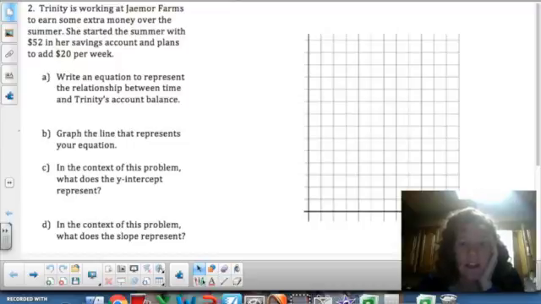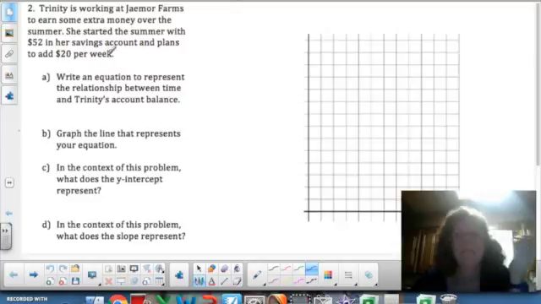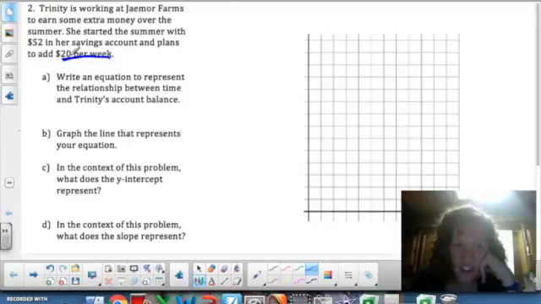In the context of these kind of problems, when you see $20 per week, that's generally going to mean that I am multiplying 20 by the number of weeks. So that's going to serve as my coefficient or my slope, and this is going to serve as my variable or my x